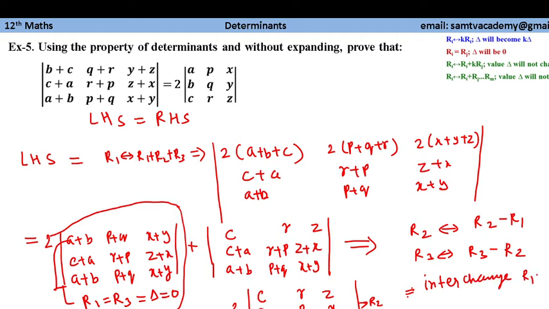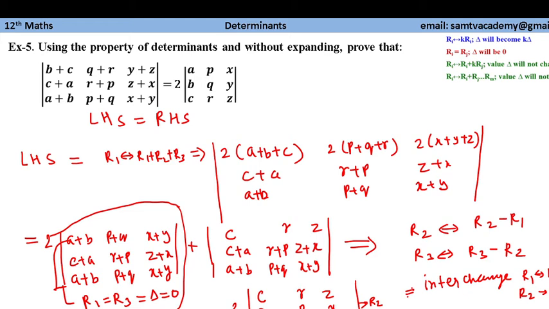R1 with R2 and R2 with R3. So we know that if we interchange any row or column, then it gives a negative sign. So this one negative sign and this one negative sign. So both negative signs will become, in the final step, positive. So finally we will get the answer, that is 2